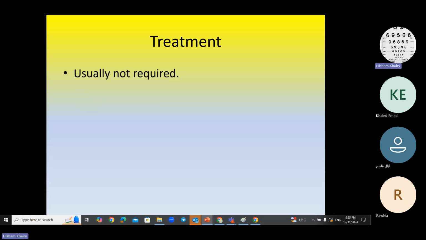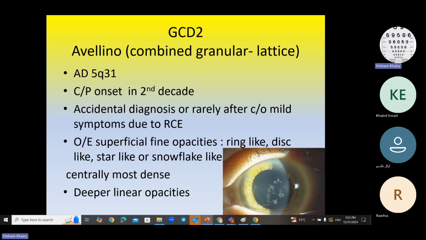Early, it might not need treatment, but late, if the vision is much decreased, it may need either phototherapy or polishing of the cornea, phototherapeutic keratectomy, or anterior lamellar keratoplasty. Granular corneal dystrophy type 2, which may be called combined granular lattice, is also localized to